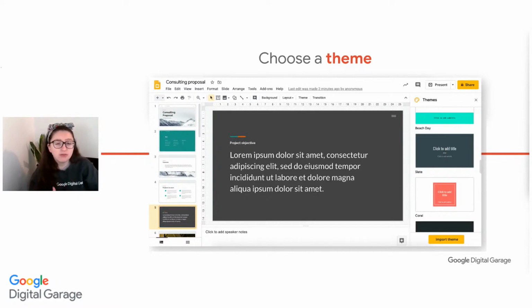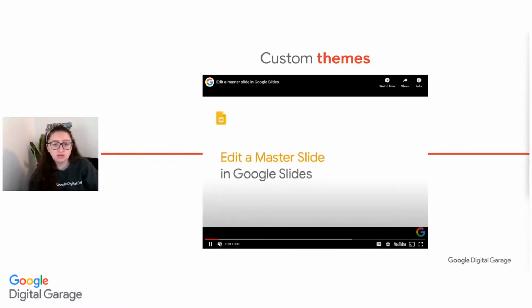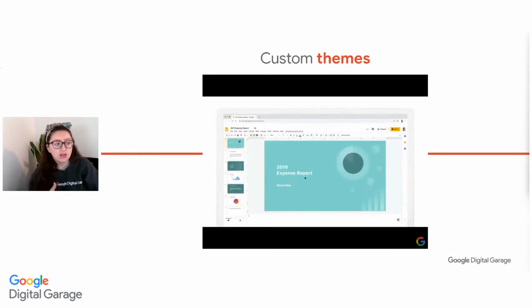It just means that the font is going to be similar, the headlines are going to have the same size font, the colours are going to be within the same colour palette, and it's really going to help us get started by building the visual side of that presentation. Now, if you pick a theme but you don't quite like the font, you can also use what we call edit in the master slide, where you can change some of the fonts within that theme.